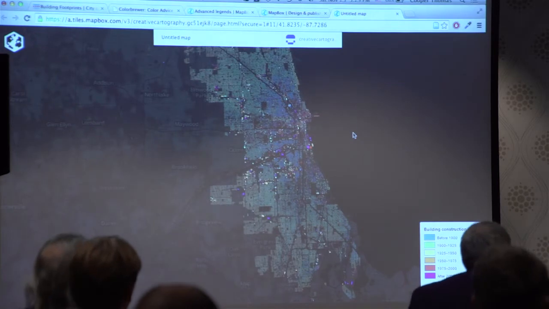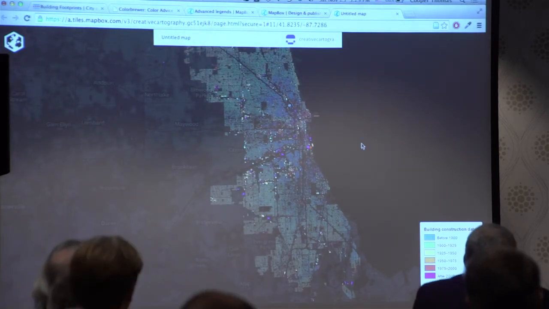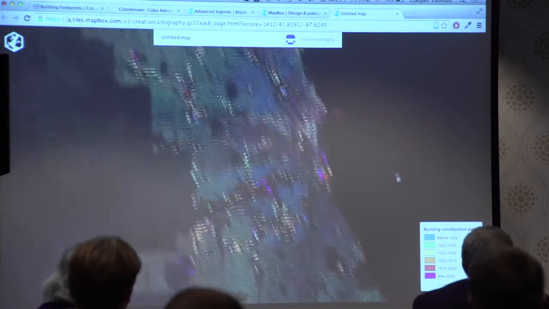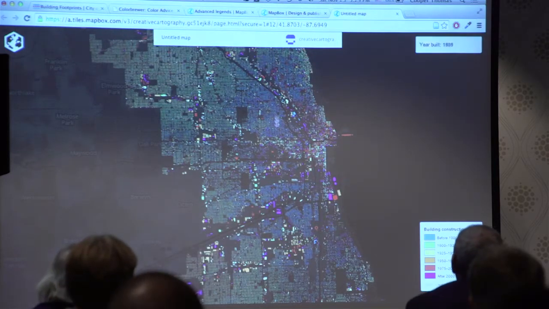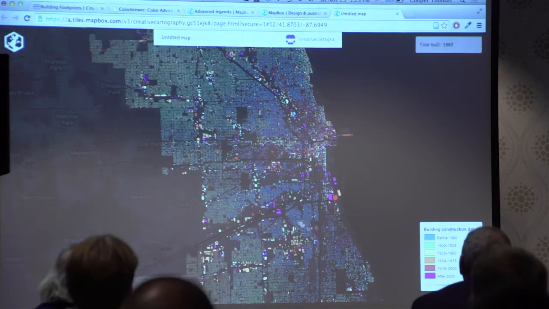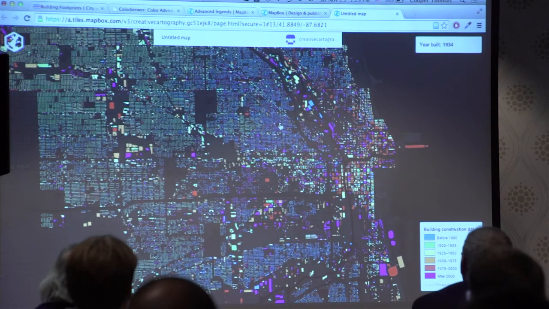Okay, so here's our final map. So let's go ahead and explore this a little bit. As you can see, all the oldest buildings in Chicago are sort of in this inner ring here. All the blue buildings, again, were built before 1900. And because this has all been processed